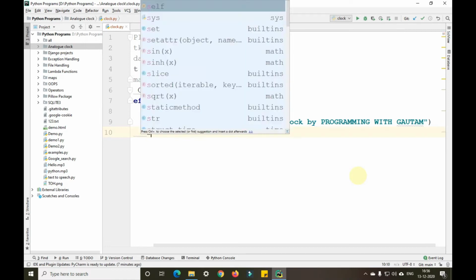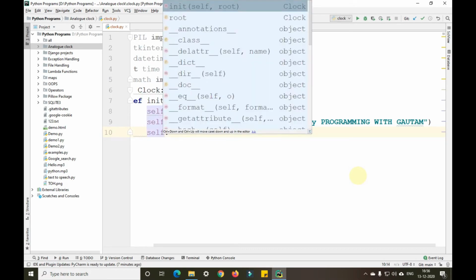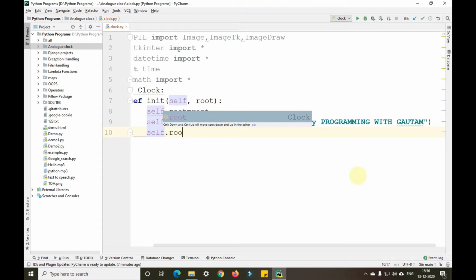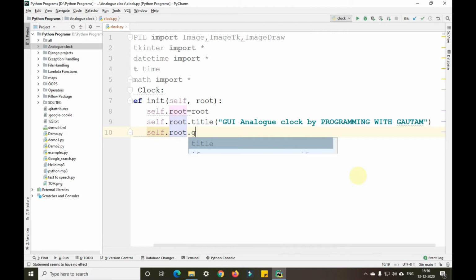Now we'll set the geometrical area here, self.root.geometry. This is the width and height first, 1350 x 700 plus 0 plus 0. So this is where the actual geometrical area starts, the 0 and 0 section part here.